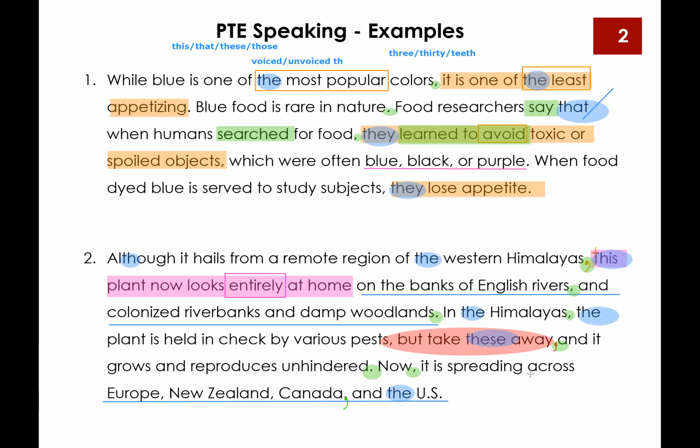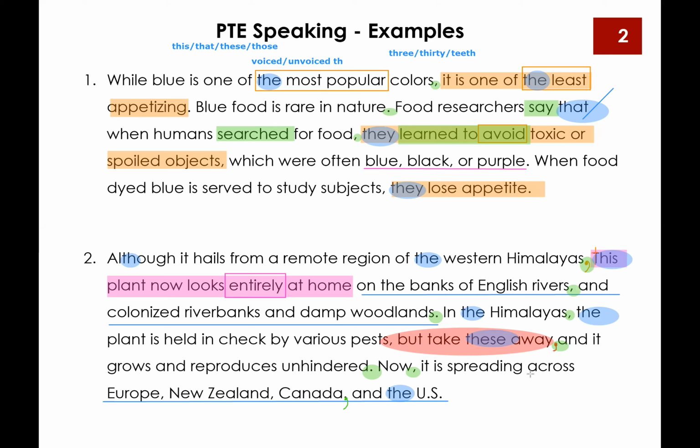So you might be wondering when I'm using "thee" and when I'm using "thuh." The general rule would be if you use "the" before a vowel, chances are you can pronounce it "thee." But usually we would say "thuh United States," because it's the long U sound, united, not like umbrella. That is a short U sound. All right, so I'm going to say it one more time now.